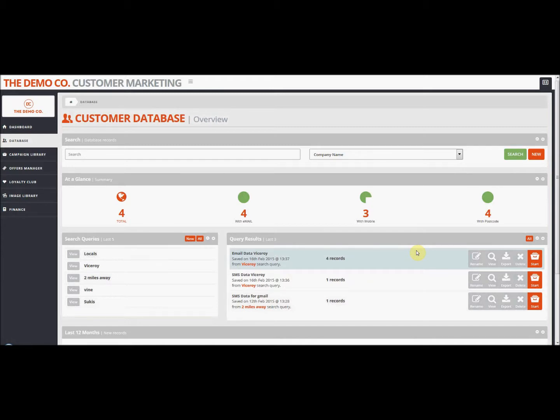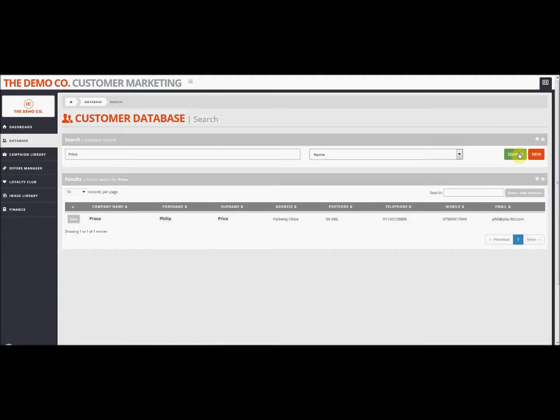database module itself. The database module is where you store your data, and you can search for individual records by using this search bar here. I'm going to search for a name of a person. If I do this and select a name and click search, the results of that search are displayed in a list here. If there's more than one, they'll be listed, and you can drill into the individual record to view